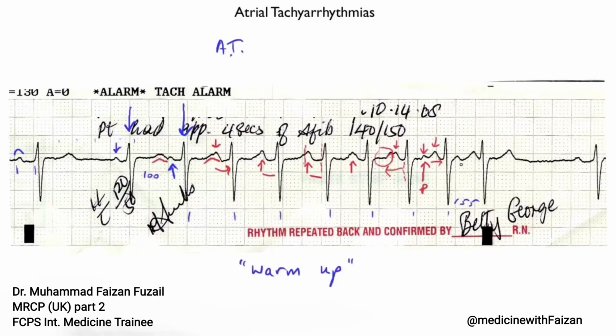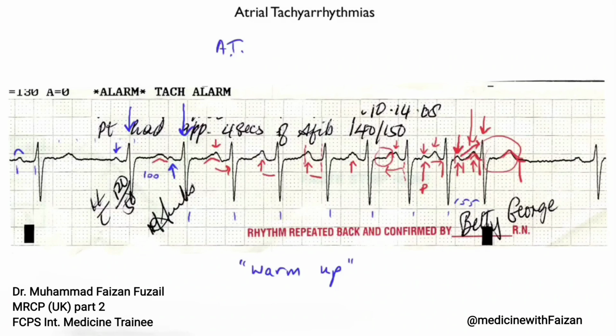But I can prove it to you, because when you look at this beat, you can see a bump right there. And that cannot possibly be the T wave, because that QT interval is not physiologically possible. And this conducts to this QRS with a fairly long first degree, somewhere about 280 milliseconds. And then this happens to be the last beat of the tachycardia, because here there's no P wave. But what you do see is a T wave that looks exactly the same as this T wave. This T wave and this QT interval is the same as this QT interval, and this is the T wave. So this T wave, that's the T right here, and the P wave is this bump that comes after the